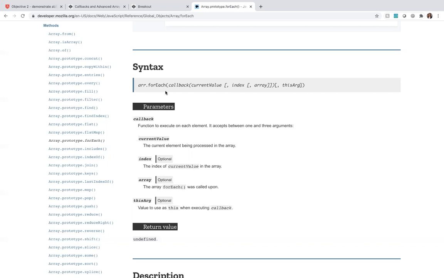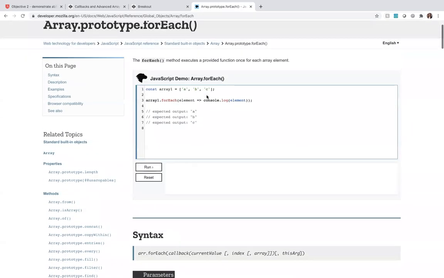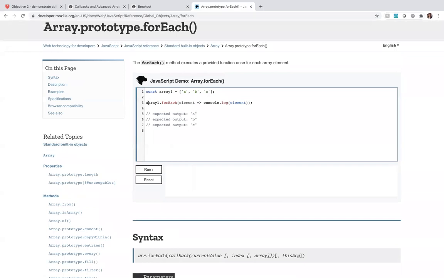What is the callback function here? What's the callback? The callback is just an anonymous function. So it's right here, it's an anonymous function. It takes as its first argument the current value in the array. Okay, if we look up here, we can see an example of forEach, but it's written as an arrow